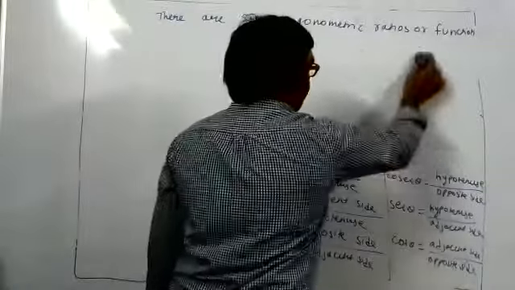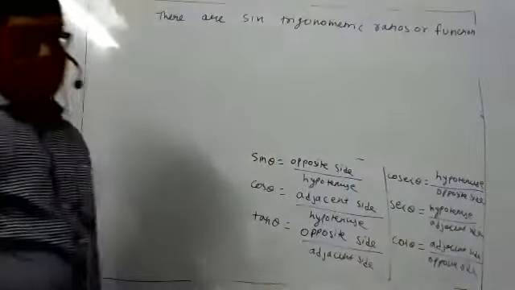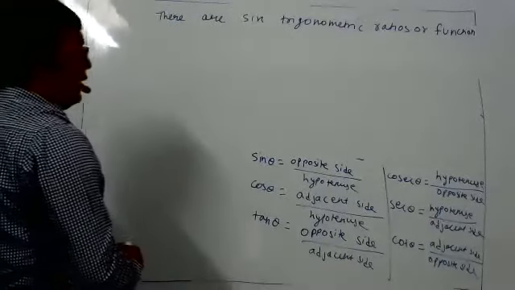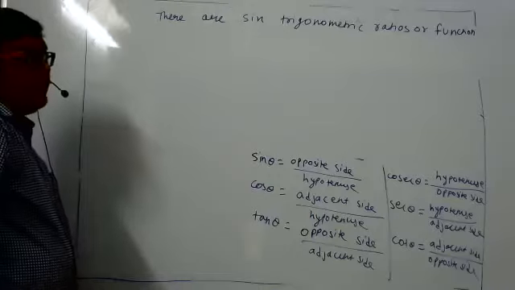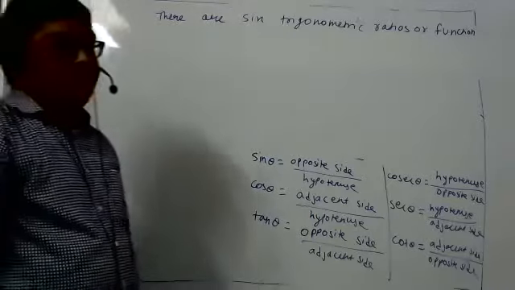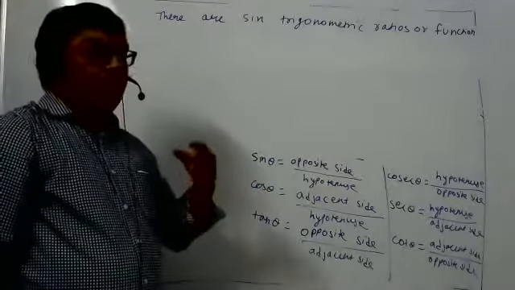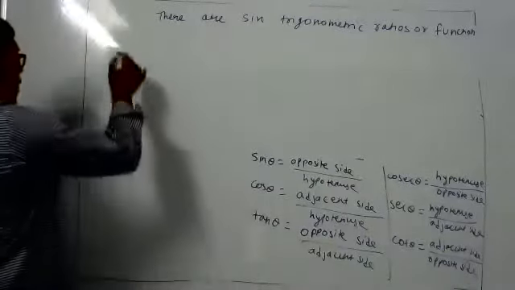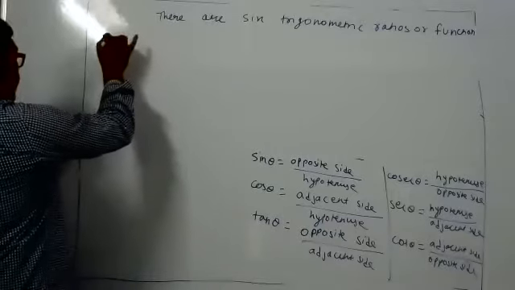You should know the values of trigonometric ratios of different angles. Do you remember the values? Sine 0, sine 30, sine 45. That is basic only. We don't have to study too deeply, so the basic things you have to know. For some of you, I will rewrite that.